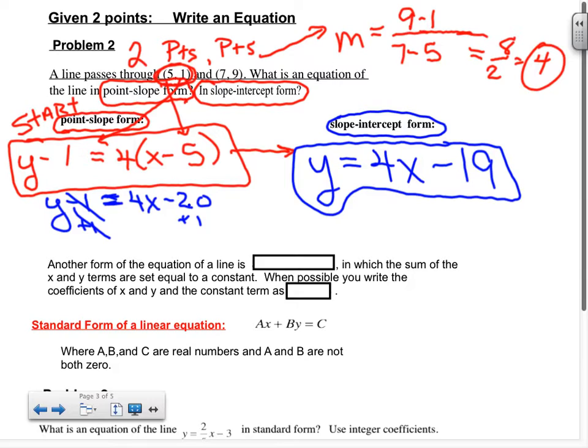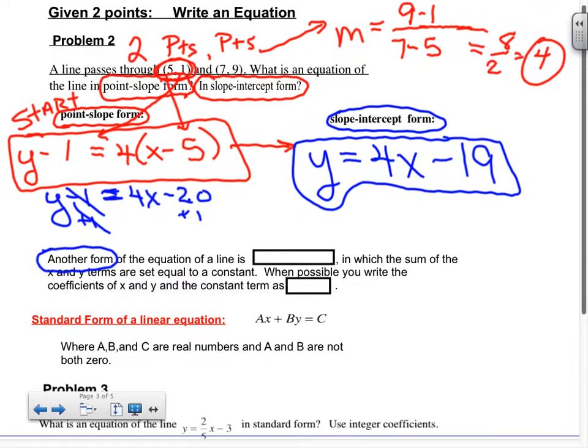And that is pretty much the two types of forms we have. We have slope-intercept form and we have point-slope form. Okay, then we move on and we have another form. Yay, that'd be 3 forms. Okay, another form of the equation of a line is called, and this is where you need to put a little word in here,